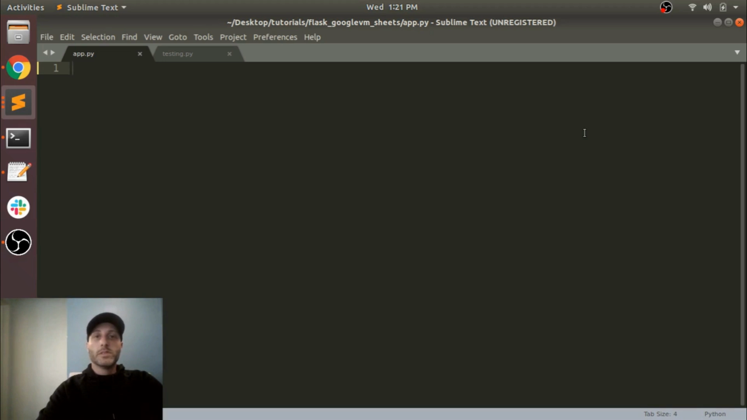In video 2, we're going to fire up a Google VM instance. We're going to SSH our files over there. Then we're going to set up Forever to restart it in case our app ever fails. We're going to set up RC local so that if the server restarts, it will restart our app. And then finally, we're going to head over to Google Sheets and show that we can